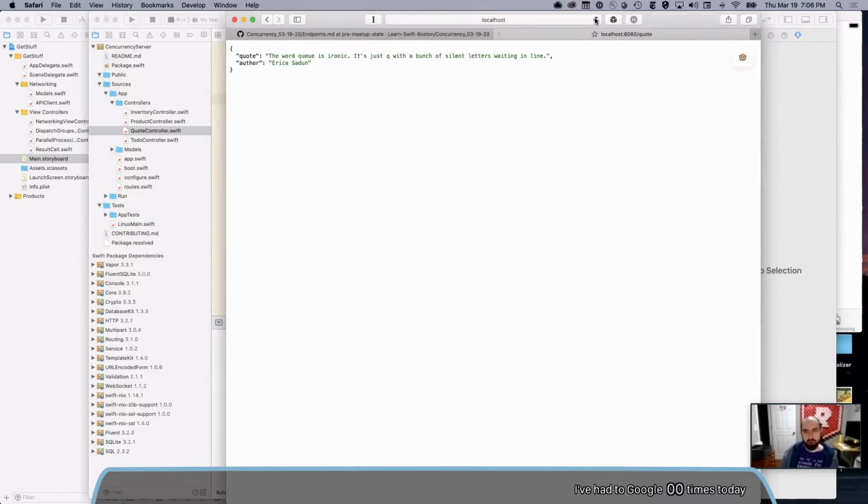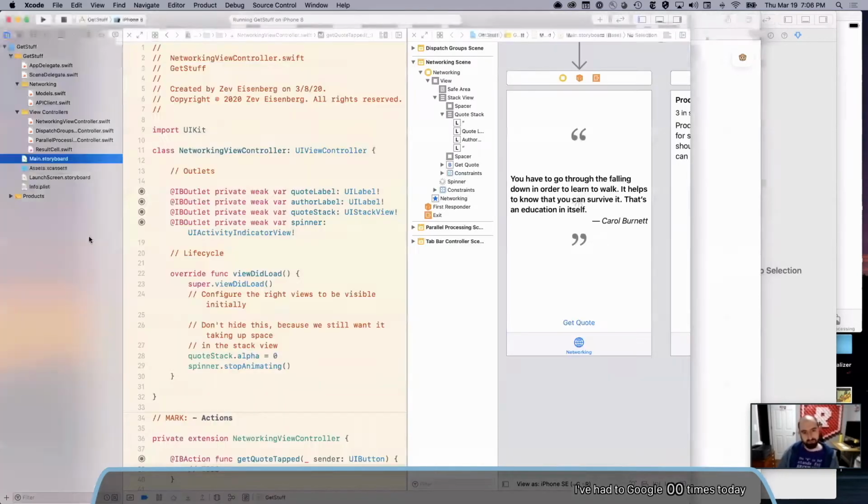So anyway, there's a quote, and if I refresh it and we wait 5 seconds, I might turn that 5-second wait down a little bit once we get the idea. There's a new quote. So, okay, we're going to keep refreshing this, and it'll keep giving us different quotes each time. Cool. So that's the server.